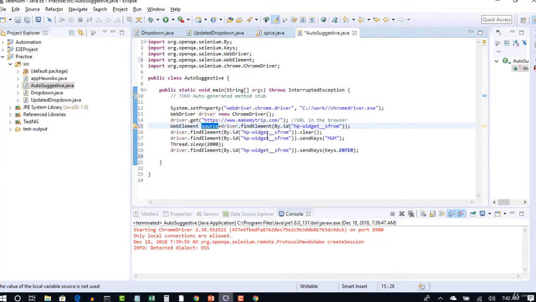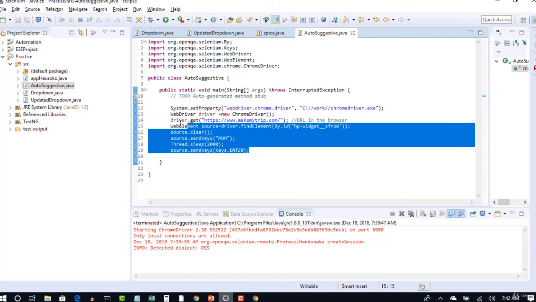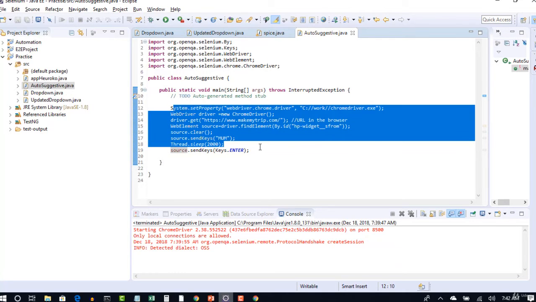So now instead of using this every time, you can simply say source.clear, source.send keys, and source.send keys.enter. You see now code looks little clean, right? So rather than using this multiple times, I have thrown that into variable, and with that variable I am working on it. Cool.